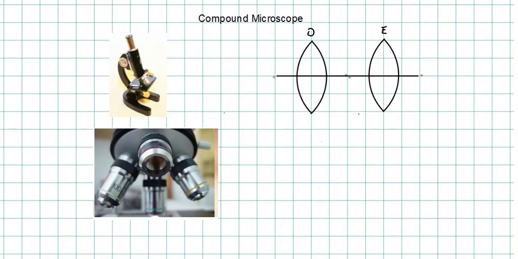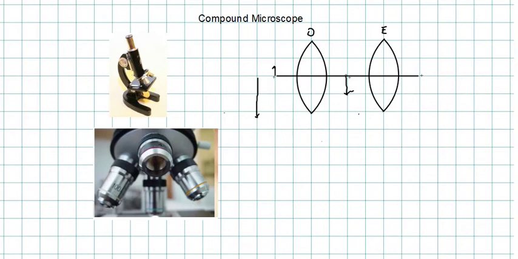And the function of the objective lens is to collect light coming from very microscopic objects and to produce an intermediate image of this object. This intermediate image, which we will see in the ray diagram when we derive the magnification for the compound microscope, acts as an object for the eyepiece. So, if a very small object is placed close to the focal length of the objective, an intermediate image will be formed somewhere here. This image will act as an object for the eyepiece, which will finally produce the image at the desired location, whether at the near point location or at the far point location.